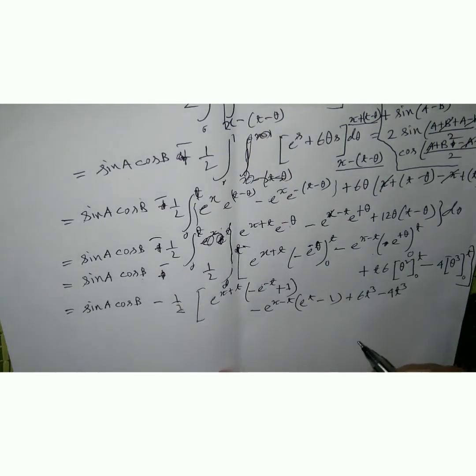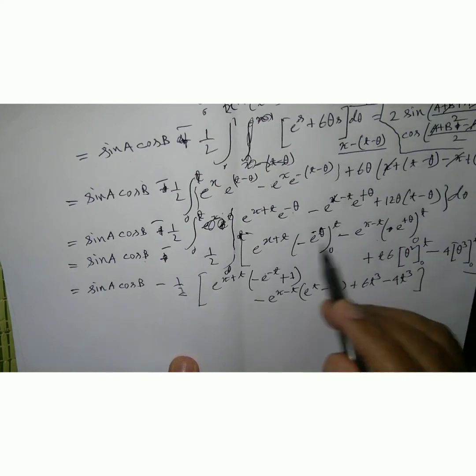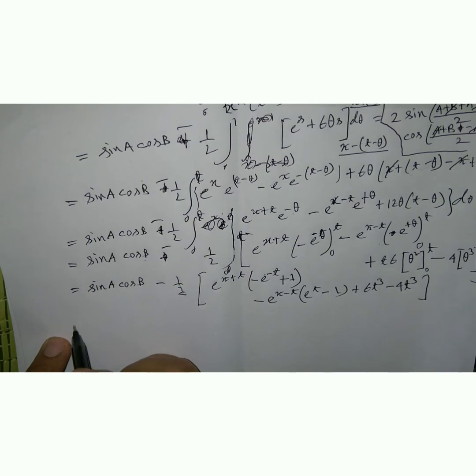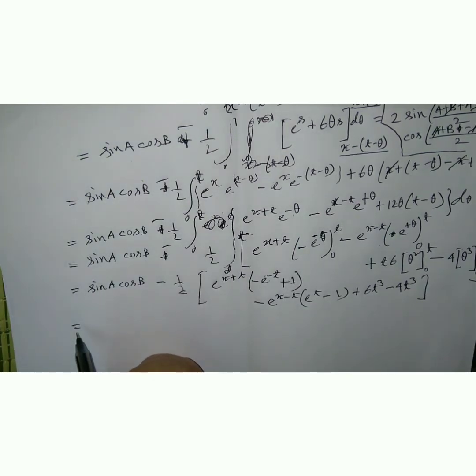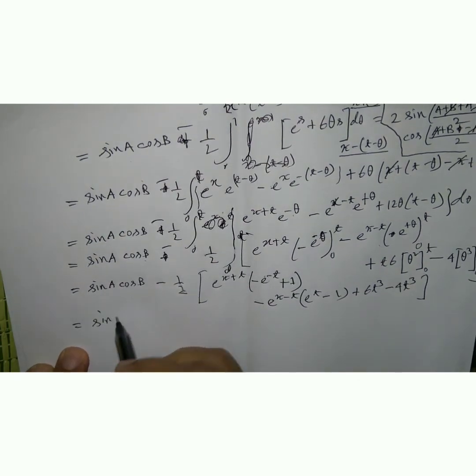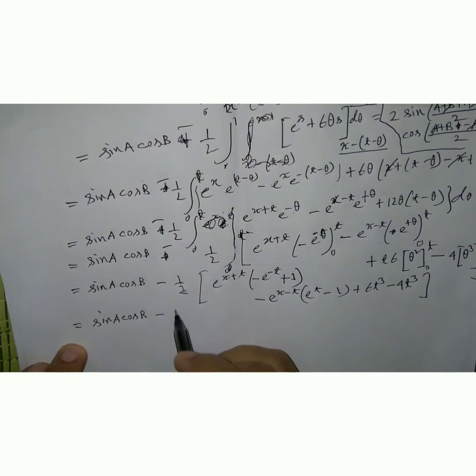Okay, very simple, just putting the limit, and after that whatever I get, I write sin A cos B minus half